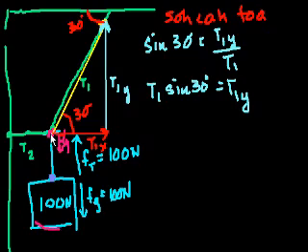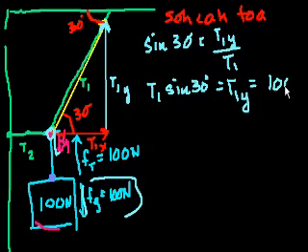And what did we just say before we dived into the math? We said all of the lifting on this point is being done by the y component of T1, right? Because T2 is not doing any lifting up or down. It's only pulling to the left. So the entire component that's keeping this object up, keeping it from falling, is the y component of this tension vector. So that has to equal the force of gravity pulling down. That has to equal this point's weight,